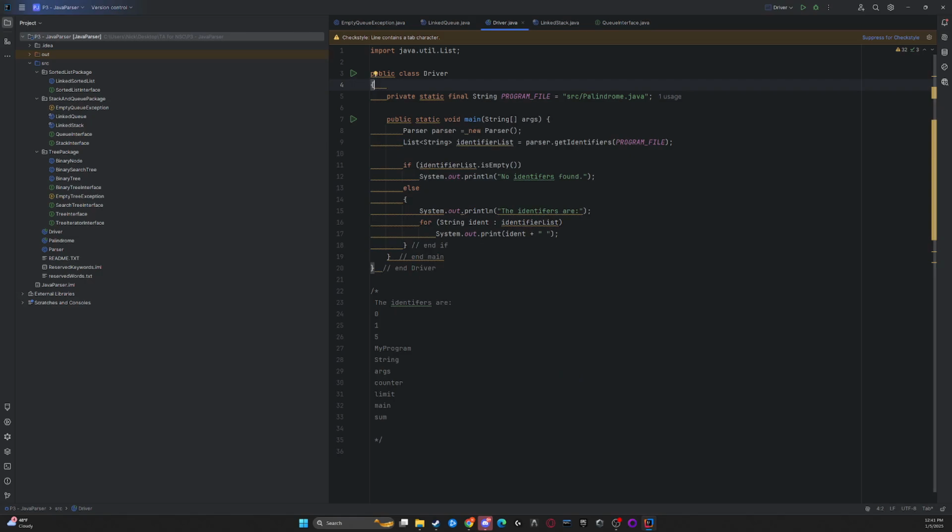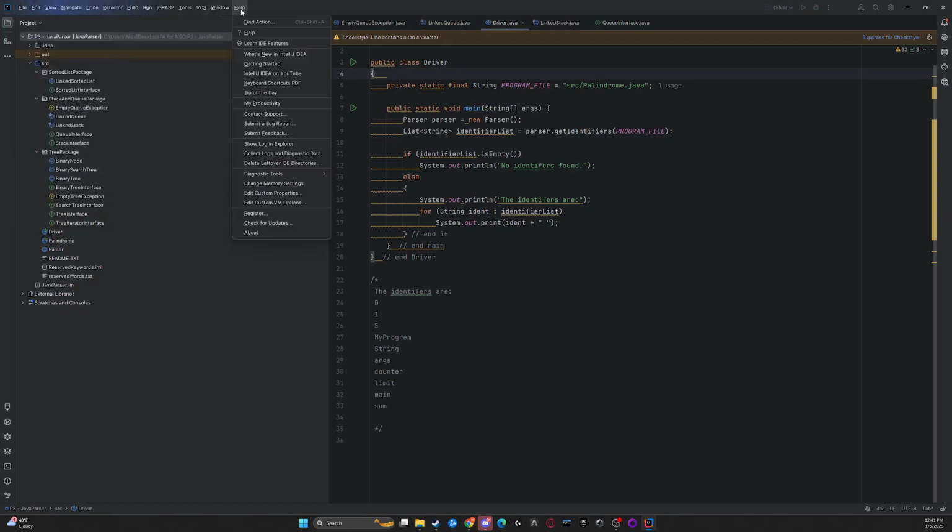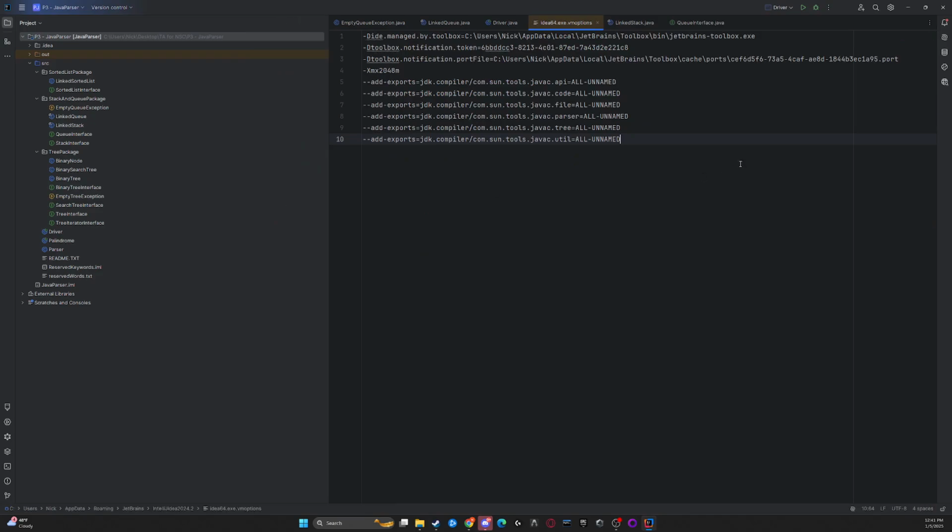Once you do that, we're going to have to do some custom editing. And so you will need to update some configurations. So here, we'll go to Help. We're then going to go to Edit Custom VM Options. And so that should be down here. Click that. And in there, you're going to want to paste, in addition,